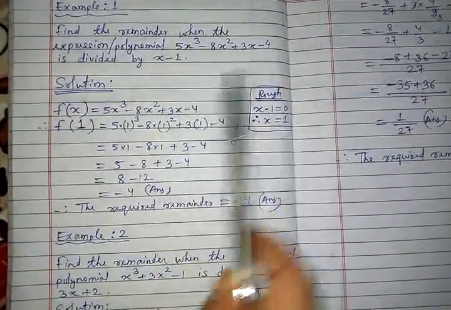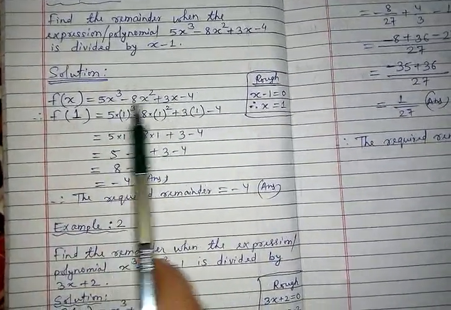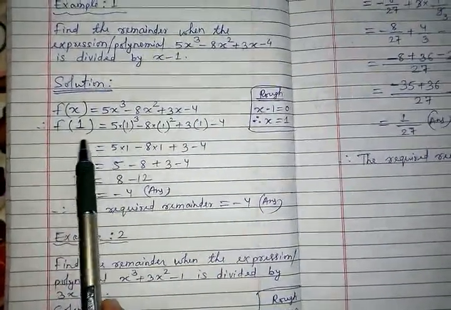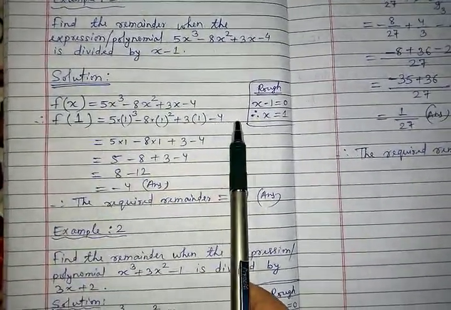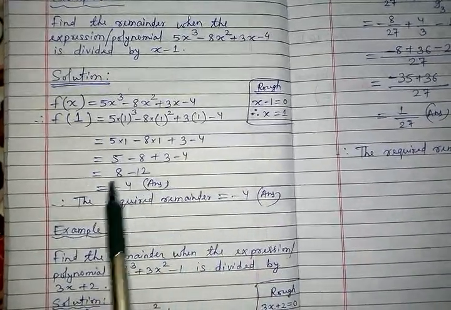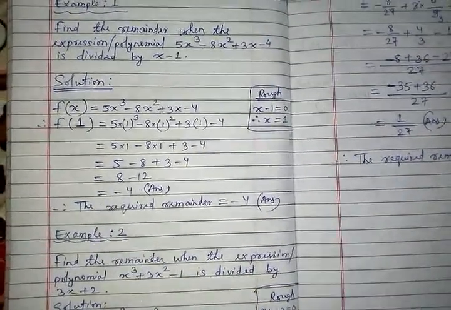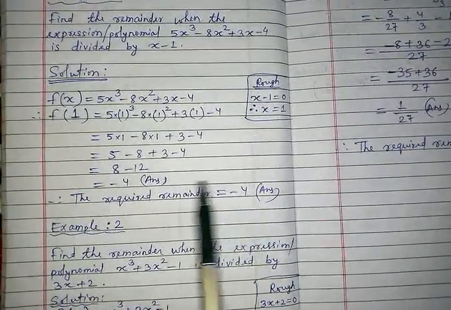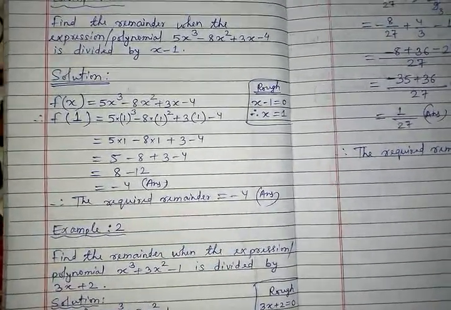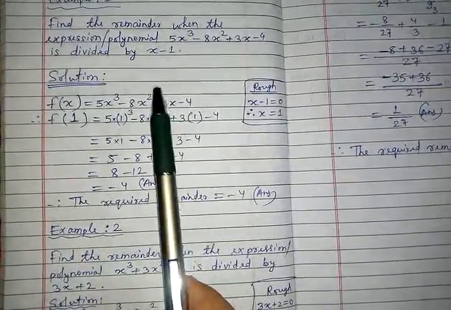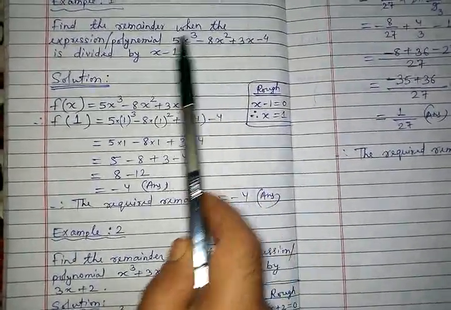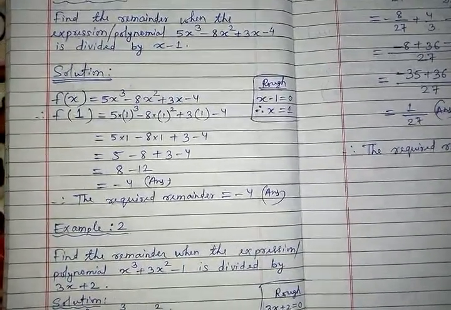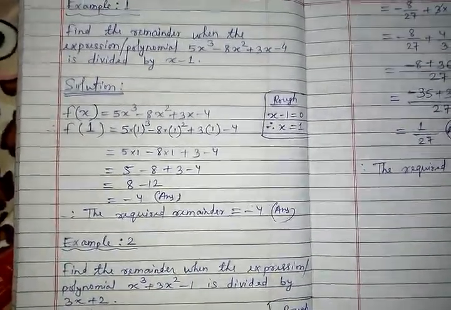You write the expression as f(x) and write the same expression, and from what to divide, from there decide the value of x and then put the respective value of x. Whatever is the final answer, that will be our remainder. Had it been 0, we would write the remainder is 0, but here the remainder is minus 4. And children, if you actually divide this expression by x minus 1, the same minus 4 only will come. But here we have to divide in a different technique.